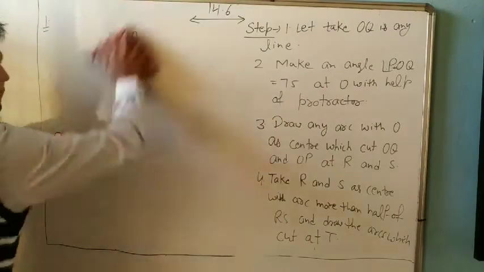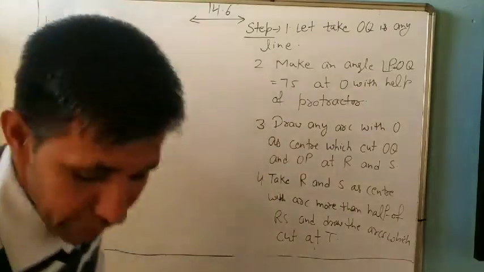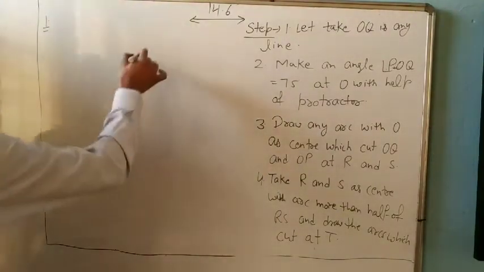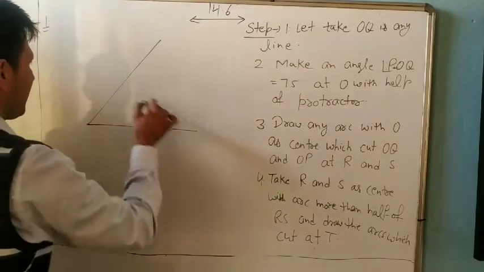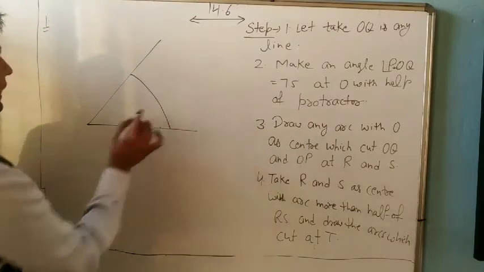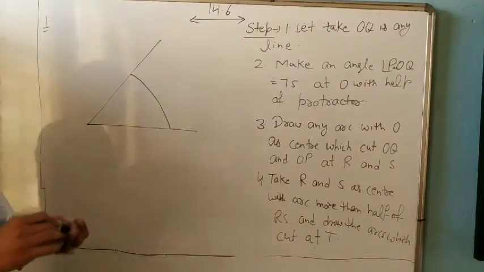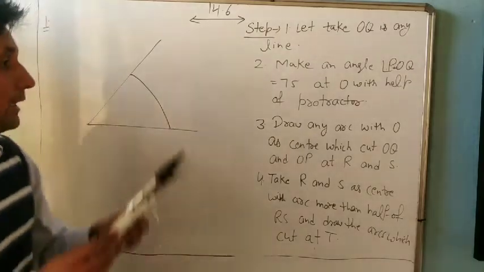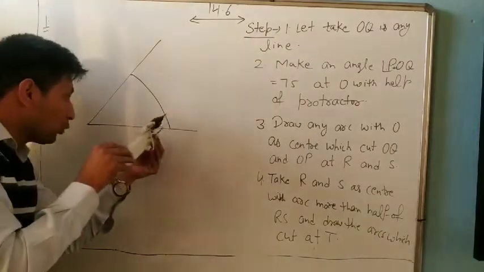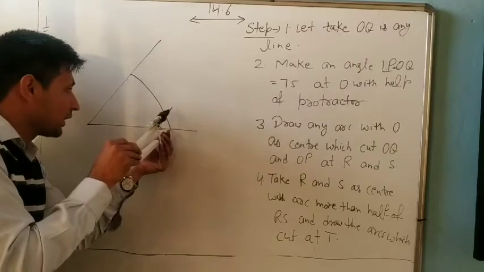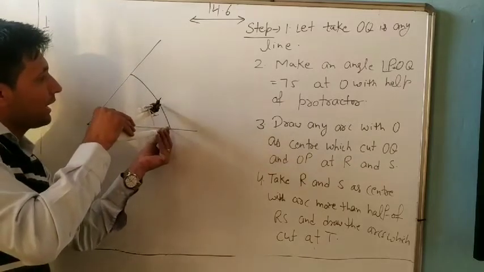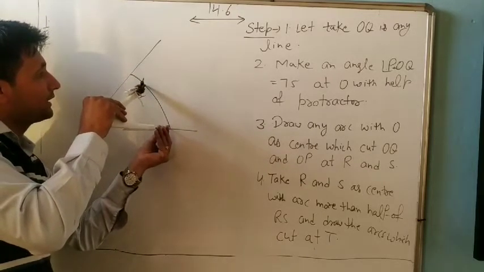One more time, I will demonstrate it. Suppose any angle is given. Okay, it is an angle. Take the bisector of this angle. How will we take it? Open the compass more than half. Put the pointer here, open the compass. Now it is less than half. Yes, now it is more than half.